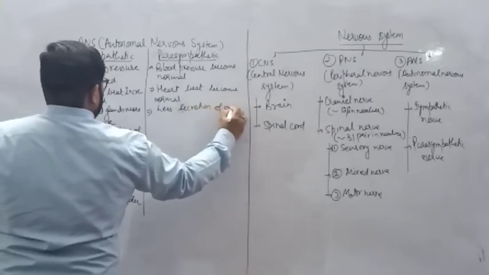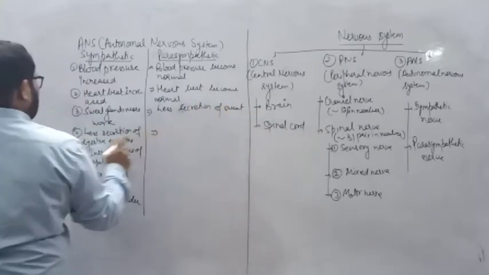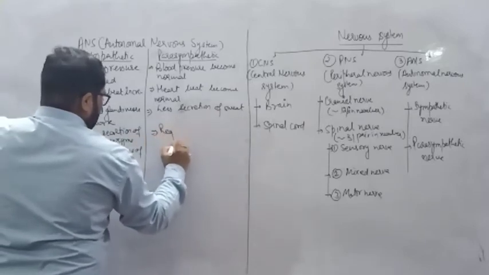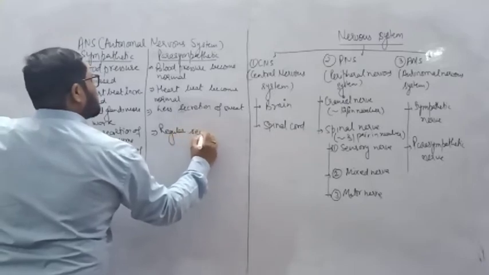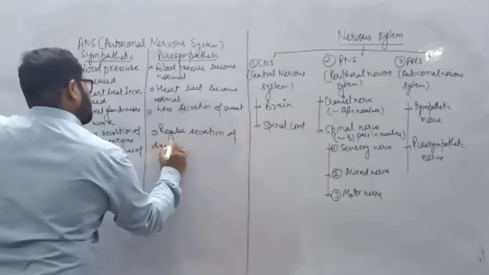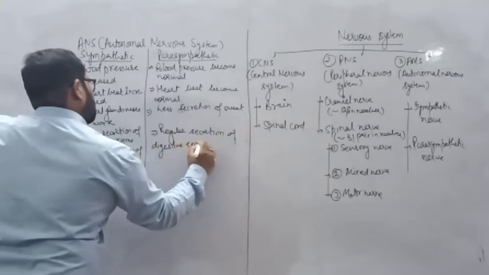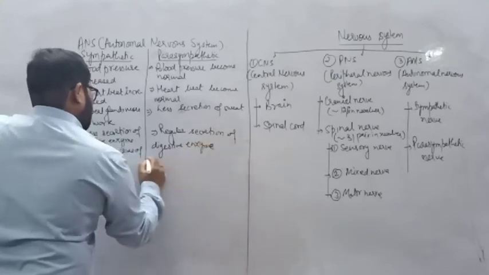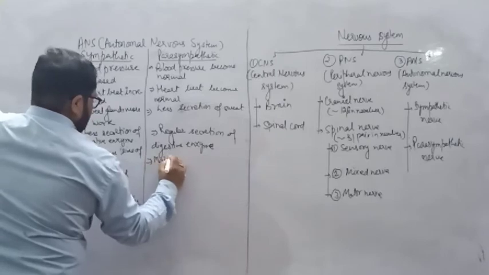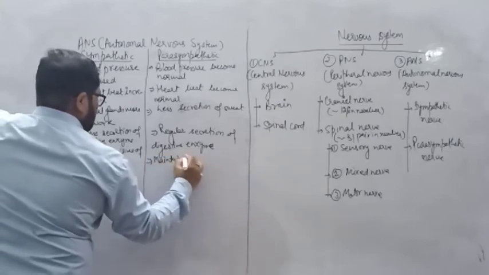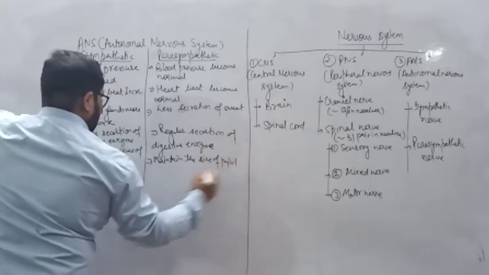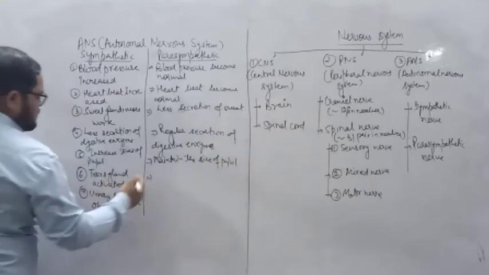Okay, less secretion of digestive enzyme, regular secretion of digestive enzyme. Increase the size of the pupil, maintain the size of the pupil. Tear gland activated,